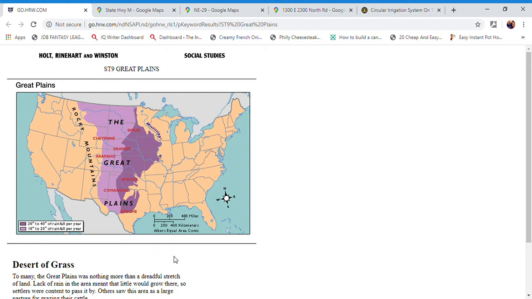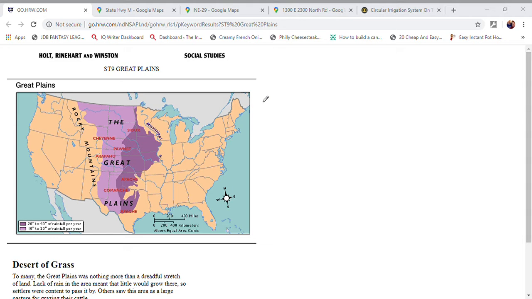East of the Rockies, west of the Mississippi River, all the way up to the Canadian border, and in some places all the way down to the Mexican border. And on the Google Maps, based on my kind of crude drawings here, this blue section is roughly the Great Plains. Then this green section here, this is my add-on. This isn't officially a part of the Great Plains, probably because these states get more rainfall, but parts of Minnesota, parts of Wisconsin, almost all of Iowa, Illinois, Indiana, the northern part of Missouri, those are all